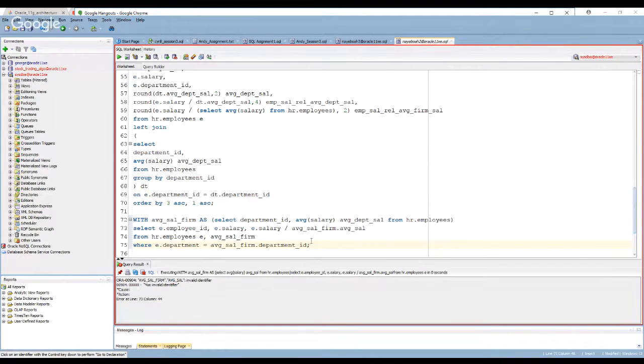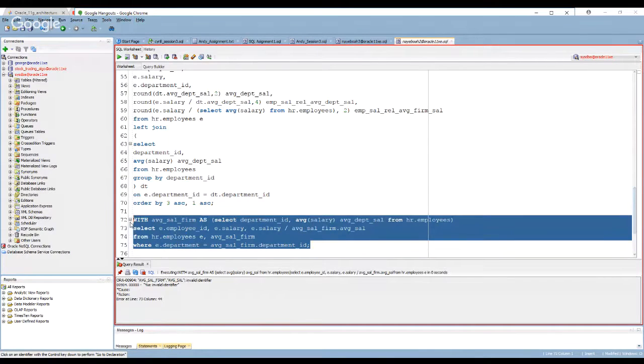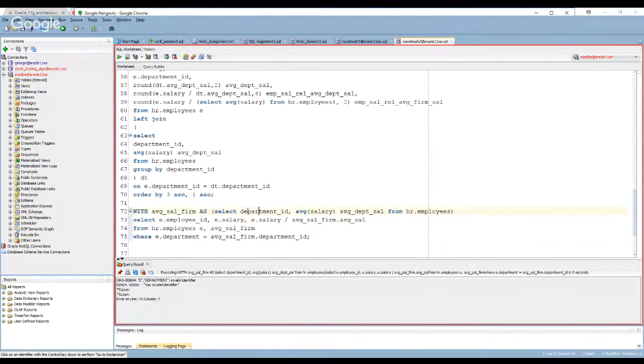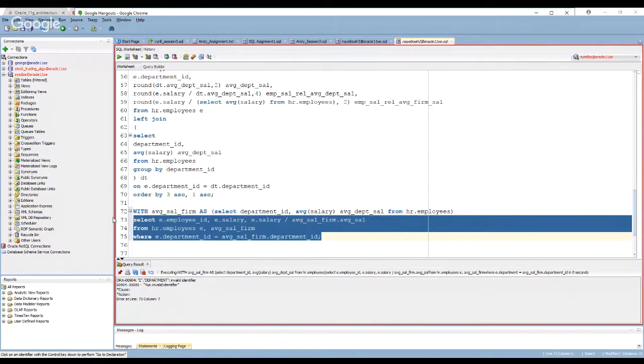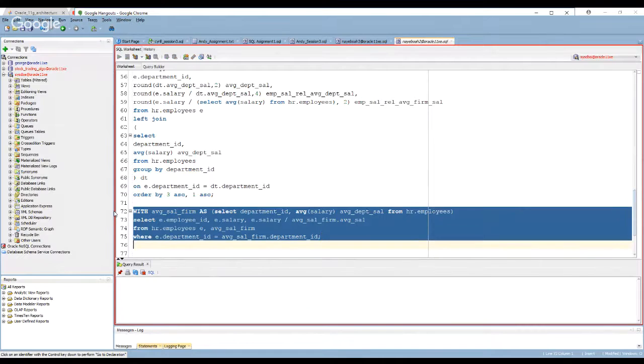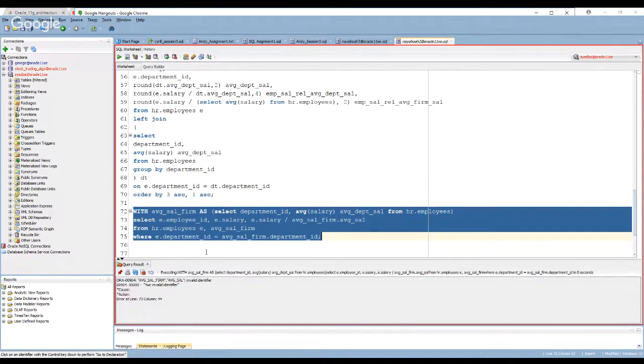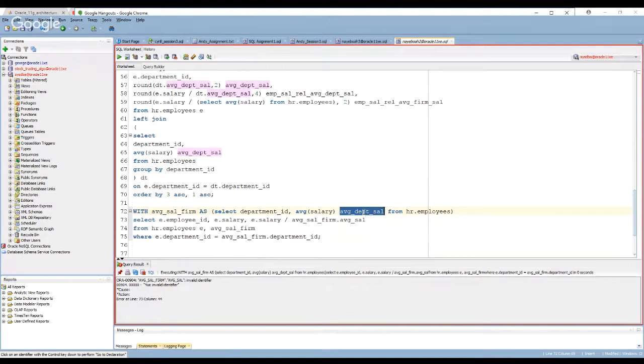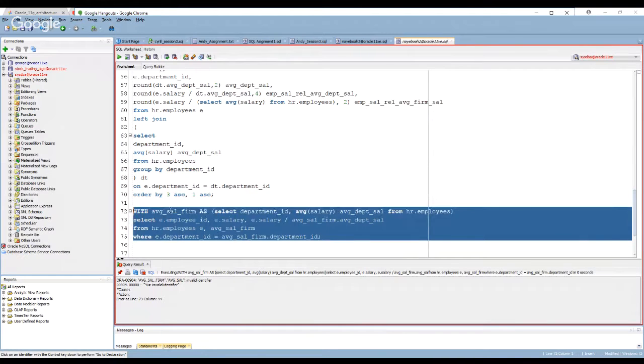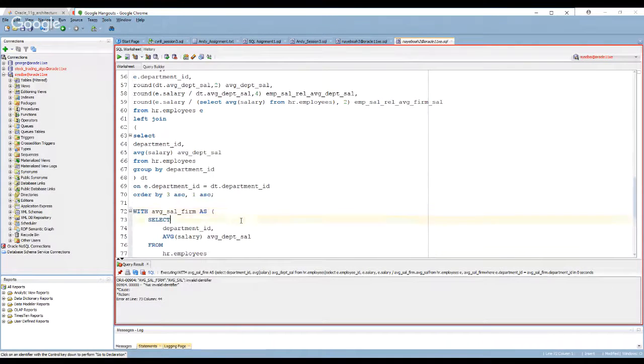Okay, so what typo now? Department ID. There we go. All right, so I'm trying to highlight this particular approach where I keep making a typo. Okay. Let me format this.